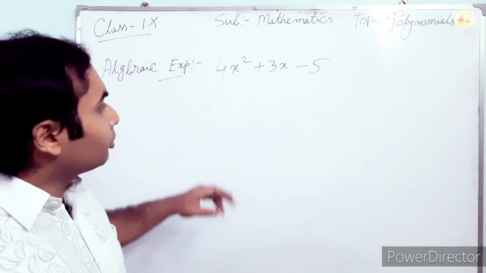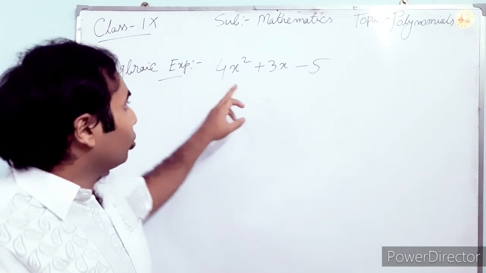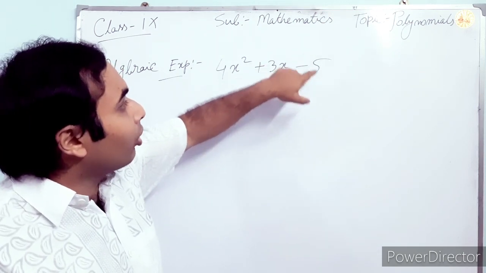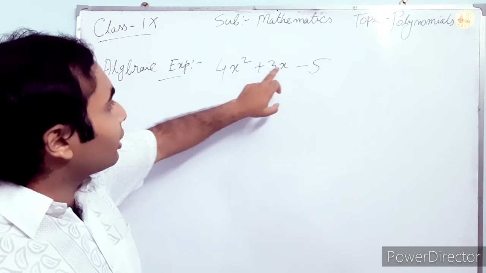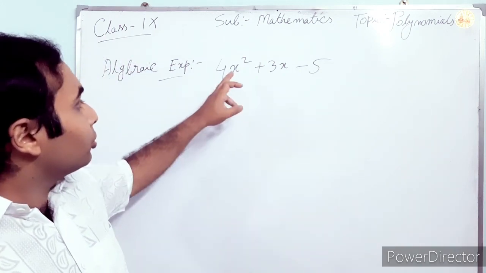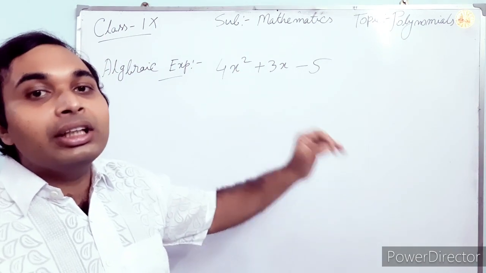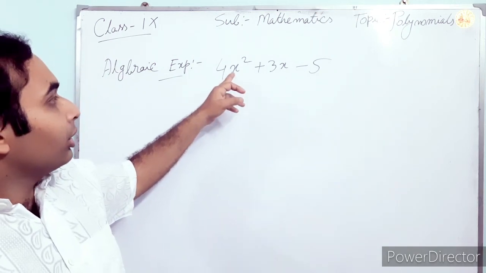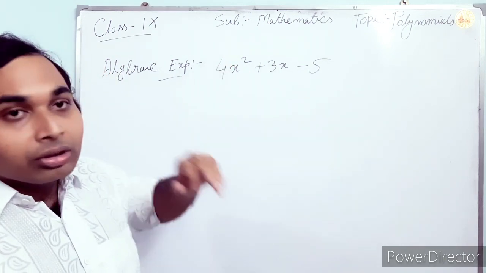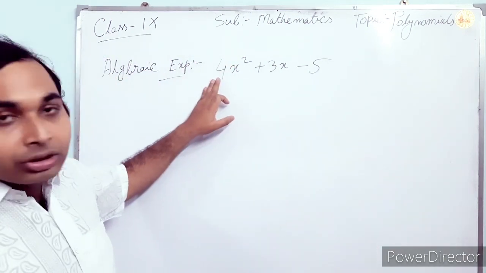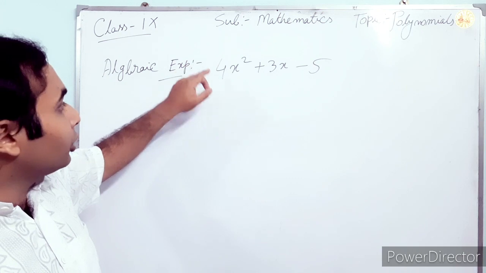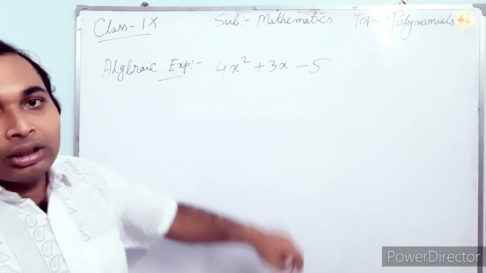One thing in the algebraic expression: those number terms are called the constants. These can also be called the constant term, and those are the variables. X, Y, small English letters we will use for the variables, and they can take any values; the value changes. That's why those are called variables, and the value of 4 is always 4. Anywhere you take that 4, it is 4 only. So the values of these are constant, that's why they are called constants.